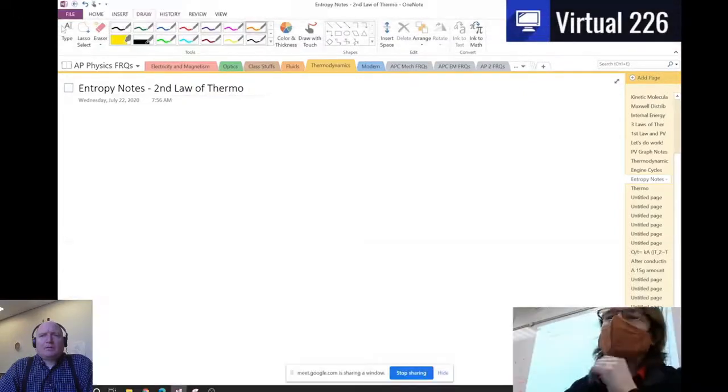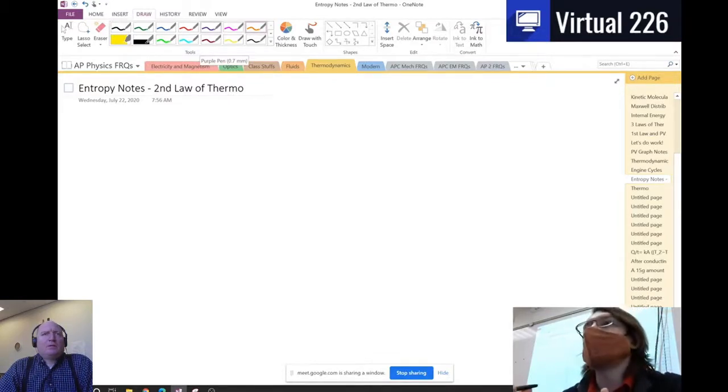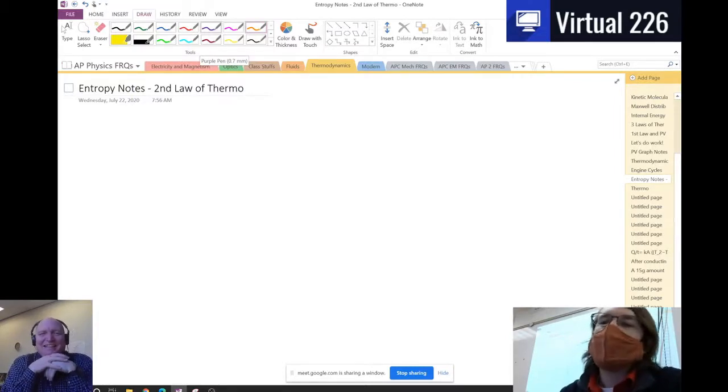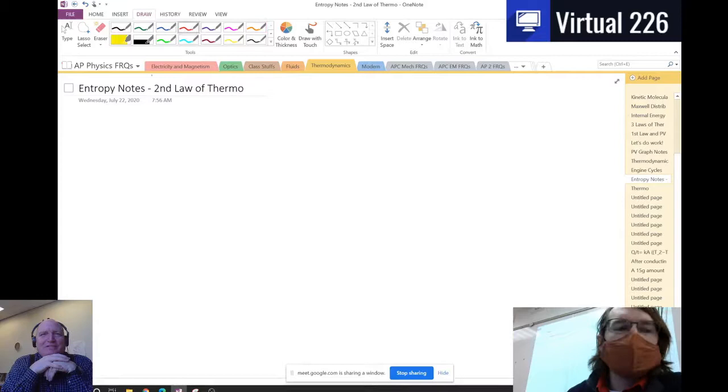Okay, what we're looking at here are some notes regarding entropy. And really, we're talking about the second law of thermodynamics. Now, even though this is the second law, it's really the third law, because there's that 0 in front. But this is our second law of thermodynamics, and it deals entirely with entropy, often thought of as the chaos or the disorder of a system. Cool. Something that we know is that energy or heat must flow